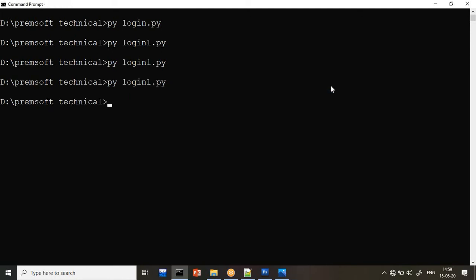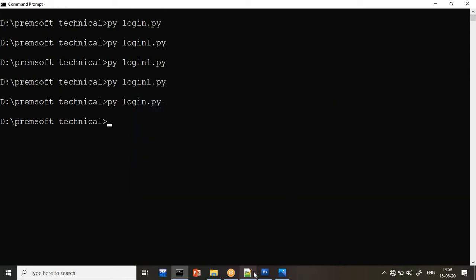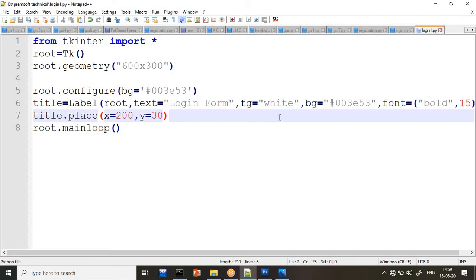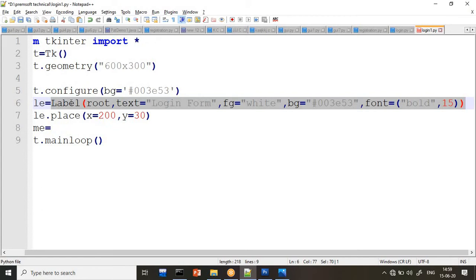Now in login, what are the next things? Let's see the login. So see, this is your login. How is it coming? Here username, password and these boxes. I wanted to design the same thing here also. So how to do it? First I will create the labels there. Two labels I wanted to create. One is what? Uname is equal to, I will create this same label. I will just copy and paste the code so that our time will be saved a little.